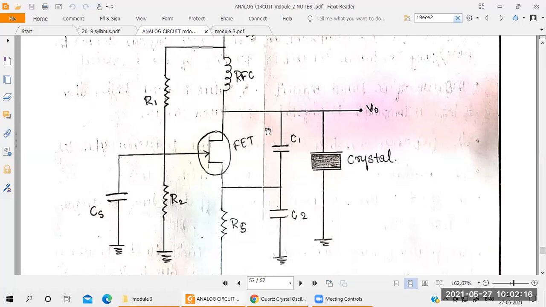See here for the parallel resonant frequency, they have taken two capacitances C1 and C2. That should be parallel with what here? The crystal. To make it parallel, you have to take one capacitor that should be parallel with the crystal. Here what have they done? They have taken two capacitors. Okay, C1 for the output voltage, C2 for the ground. They have taken two capacitances in order to store the charge. So in this parallel configuration, the parallel crystal is a feedback element. It gives the 180-degree phase shift. Okay, it gives how much here? 180-degree phase shift. So the crystal is parallel connected with the amplifier.